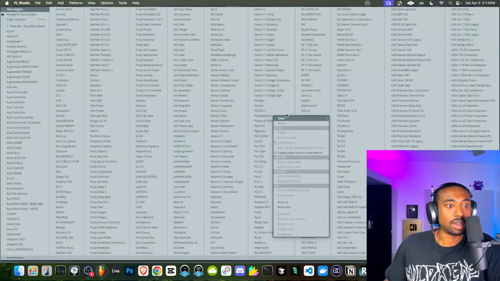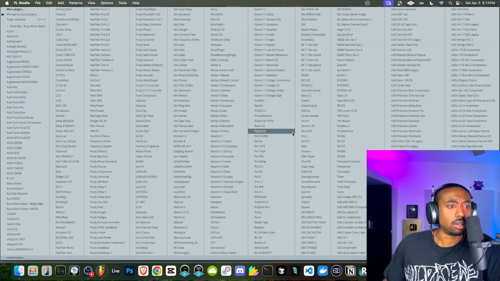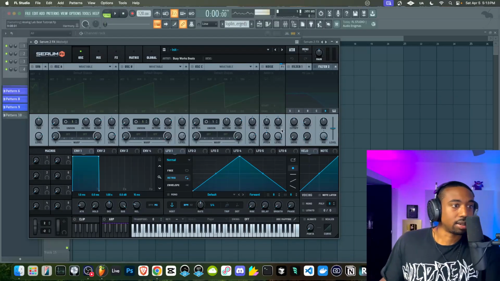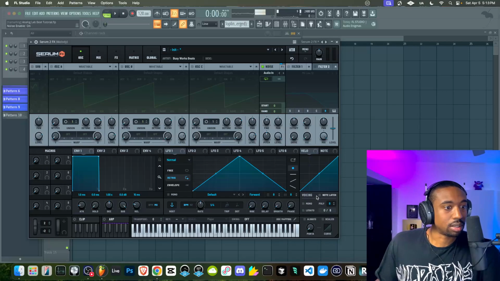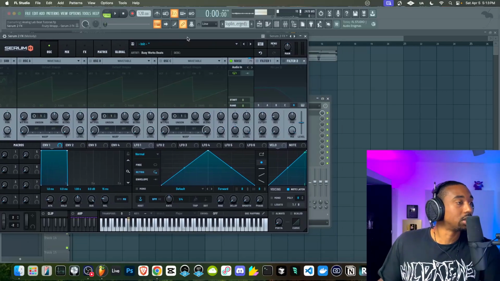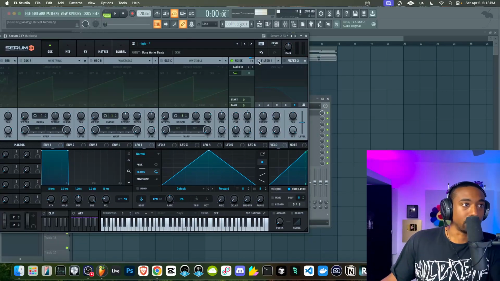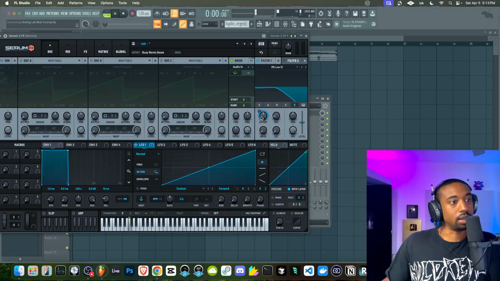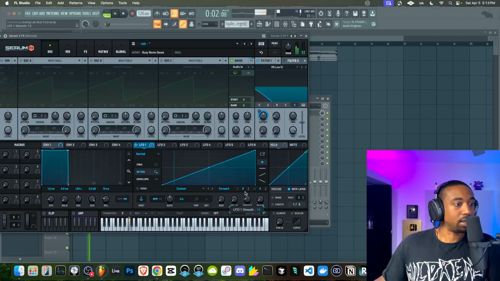Let's open up Serum Effects. There's Serum, boom. Serum 2 effects, and let's go to the oscillator, turn on the noise oscillator, and then let's turn on what's called note latch. And now we could use different things like the filter. And we could use rhythmic filters, so it makes it so much easier. Let's slow this down.